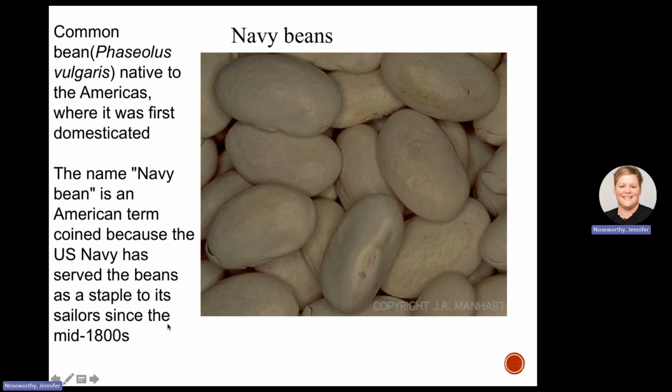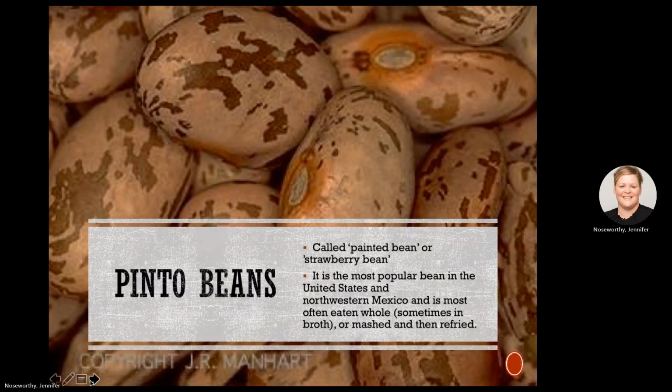They get the name because the U.S. Navy served these beans as a staple food for the sailors in the 1800s as a source of protein. Pinto beans, or painted bean, or strawberry bean, all because of the color and the mottling here. They're the most popular bean in the United States and in Mexico, and oftentimes you see it as refried beans.